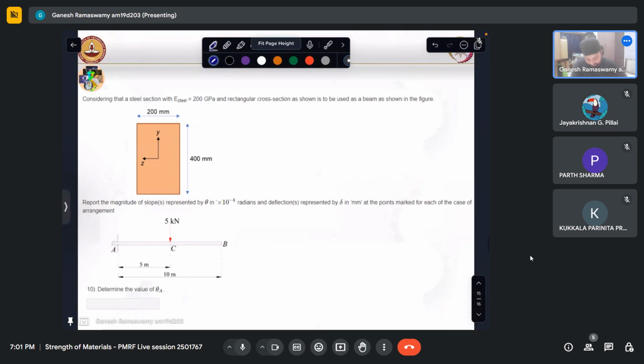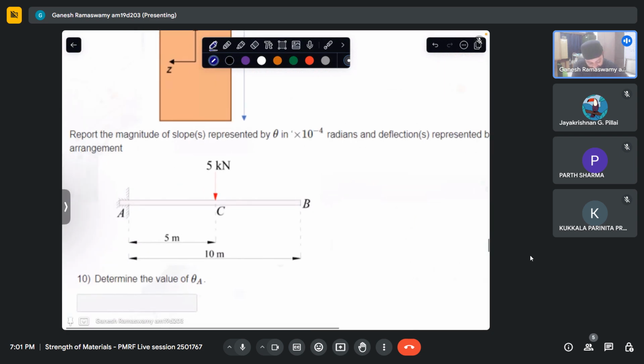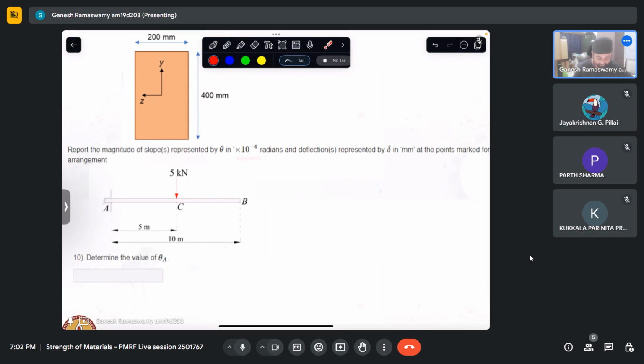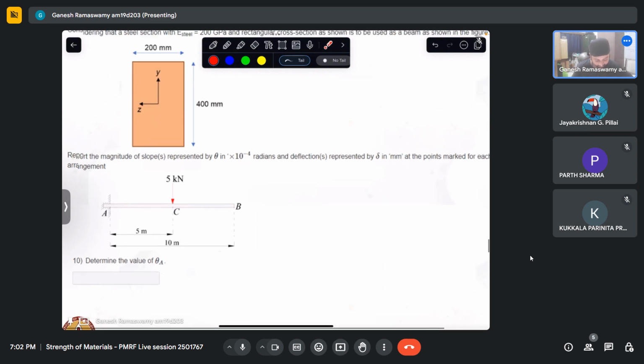Okay, so let us look at this question. Considering that a steel section of a given Young's modulus and a rectangular cross section as shown is used as the beam in the figure shown. So we have the figure like this. It's a cantilever beam where we have our load acting at the center of the beam, which is at 5-meter distance. Report the magnitude of slopes, represented in theta into 10 power 4 radians, and deflection in mm at the points